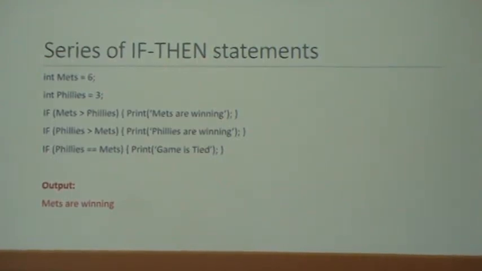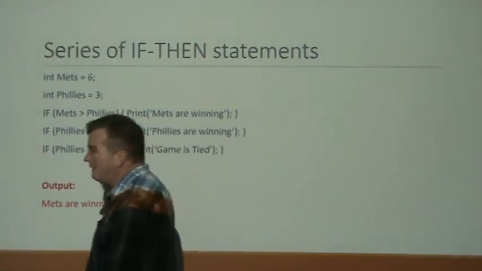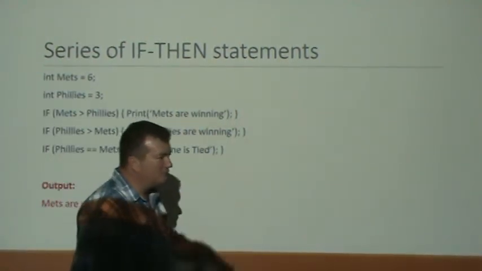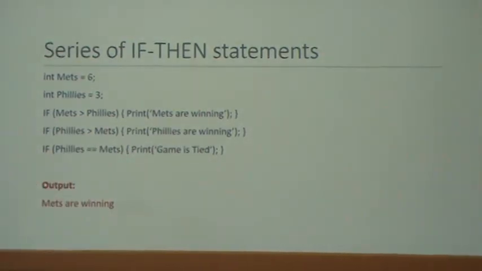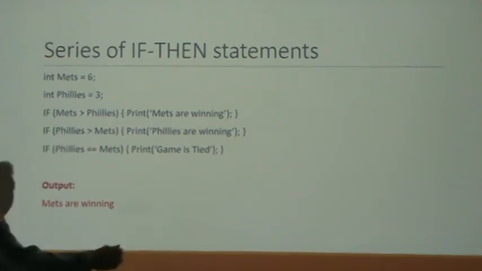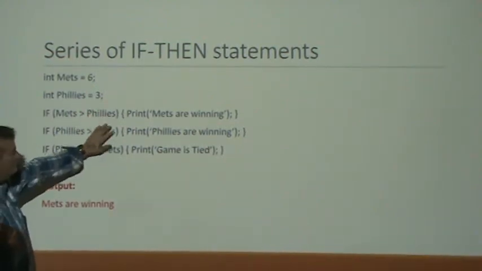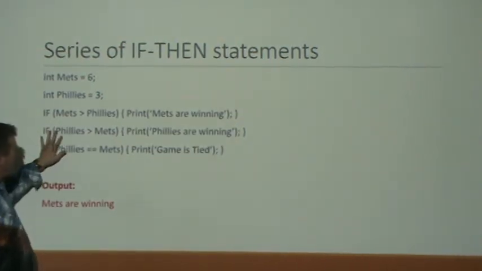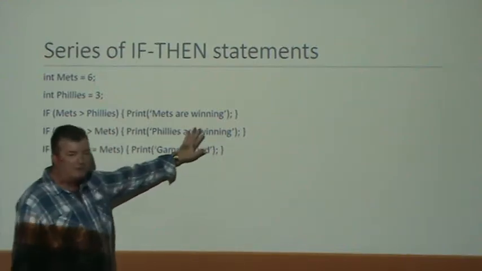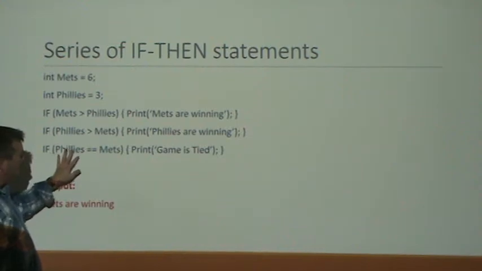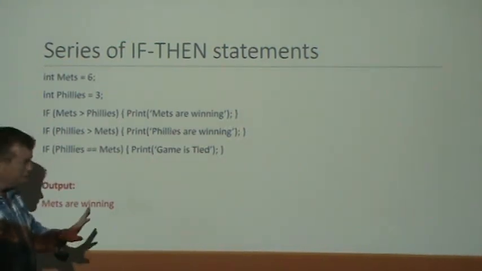Okay. So suppose we had, instead of 2 possibilities based on our Boolean expression, suppose we have multiple possibilities, 3 of them or 4 of them. So for example, we could then make it a series of if-then statements. So for example, we could say if the Mets are greater than the Phillies, print Mets are winning. Otherwise, print nothing. If the Phillies are greater than the Mets, then print the Phillies are winning. Otherwise, print nothing. If the Mets score and the Phillies score are equal, and just one thing here, this double